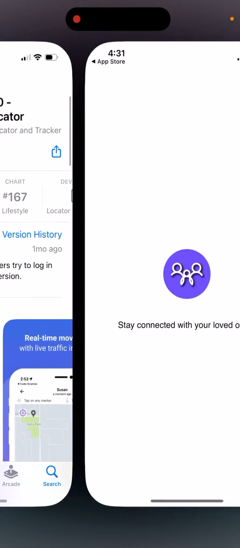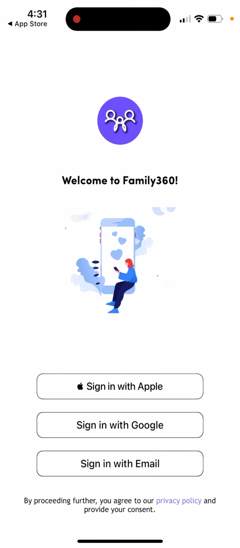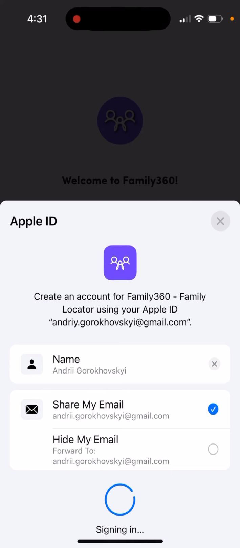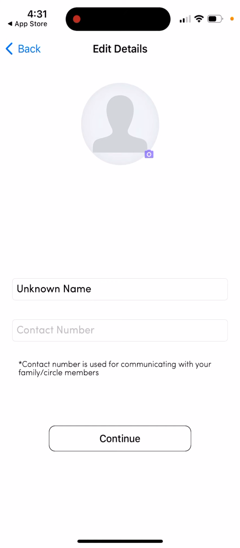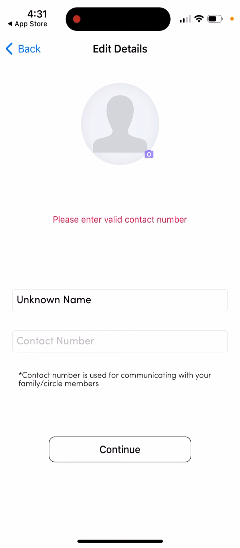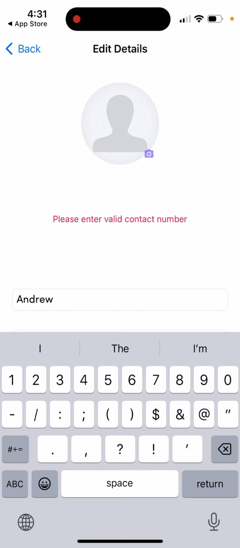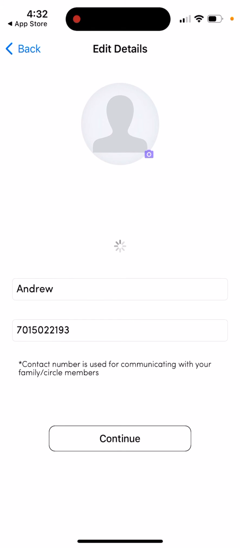So yeah, then just open it up. And then to create an account, you use Apple, Google, or email. So let's just try with Apple. So then you just need to use like your name. And then you can just try to,